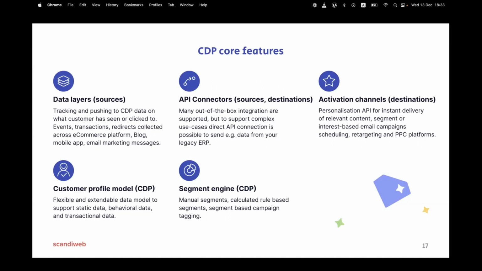Customer profile model. To be honest, that's the first thing you need. That's all the kind of shelves for data that you believe is necessary to describe your customer, at least the core of it. And segment engine. Some segments are clearly manual, you know them. Some segments can be calculated.